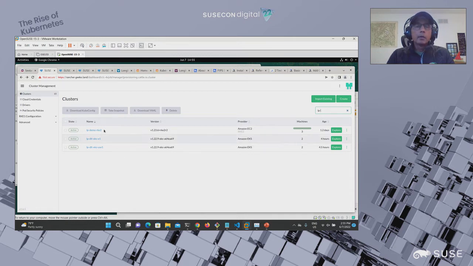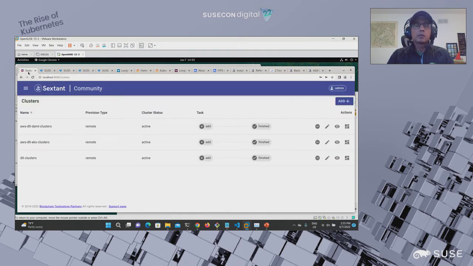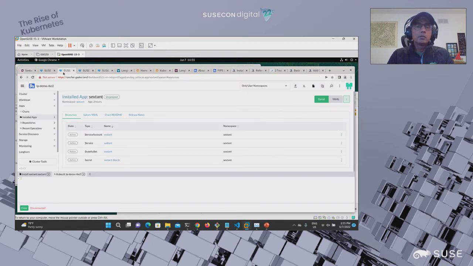Once these are done, you can start installing Sextant, and then you can start installing your DLTs managed by Sextant. I have right now Sextant already installed, and I have 2 DLTs. But let me go through the steps of what it took to get to this point. The first thing I had to do is to install Sextant.